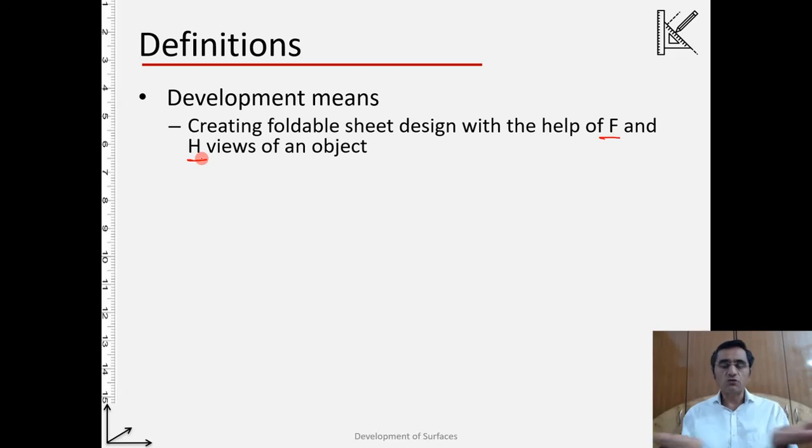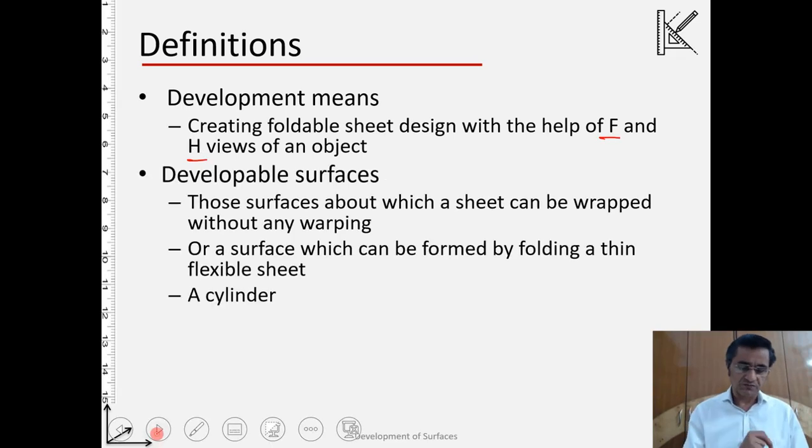So saying it otherwise, a cylinder can be unfolded onto a plane and it will form a rectangle. Okay, so that rectangle is the development of that cylinder surface. Alright, so this is the meaning of the development of surfaces.